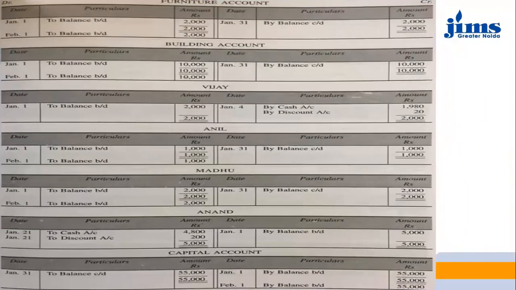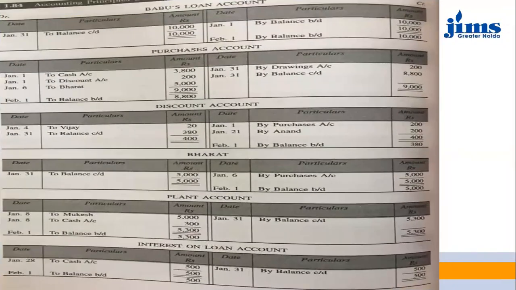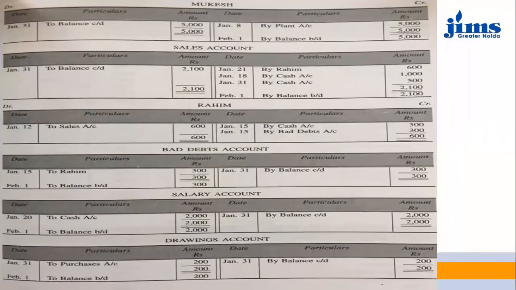And we'll go to Rahim account. Here is the Rahim account. Now Rahim account is getting credited, so credited with 600 rupees in the journal entry.